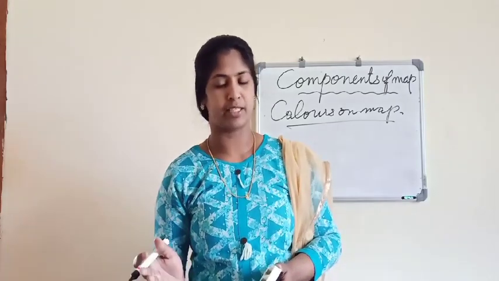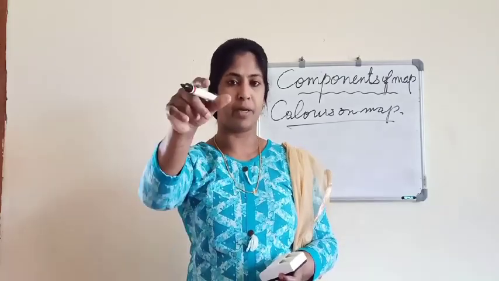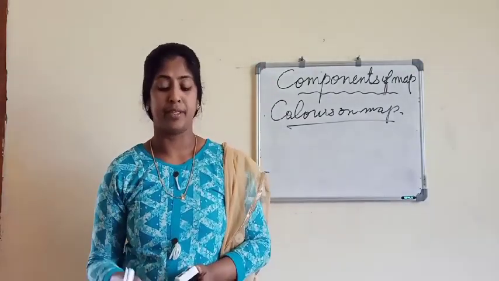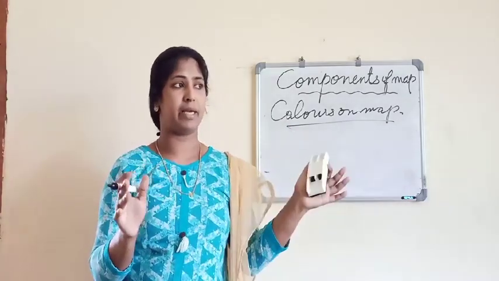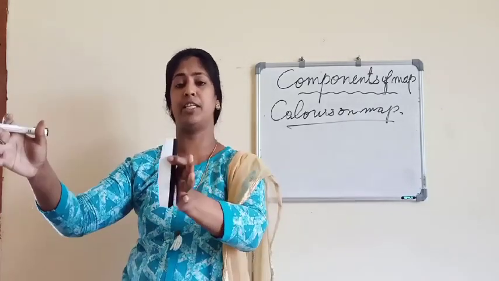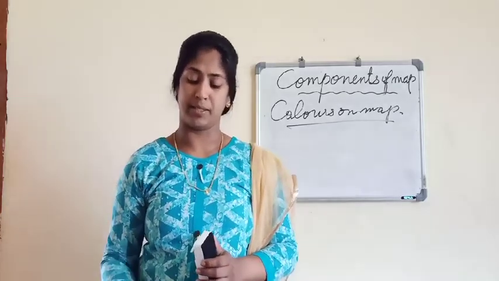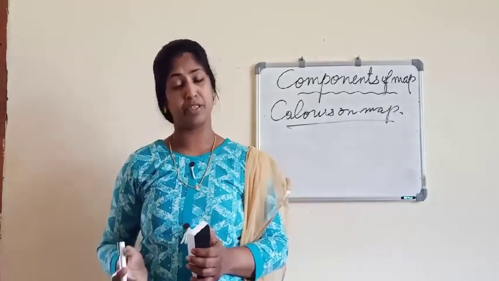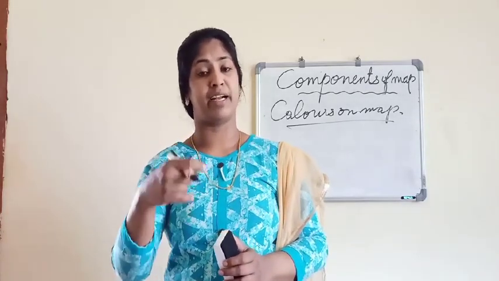So from 6th class onwards you have to study and remember what color is used for what purpose. Suppose yellow color, for what purpose is it used? So let us continue. Lastly, red color. On the topographical map and other maps, red color shows a human settlement or houses. Red color is used in such places. These are all important components of the map. I think it is clear to you what the importance of colors is and what color is used for what purpose.